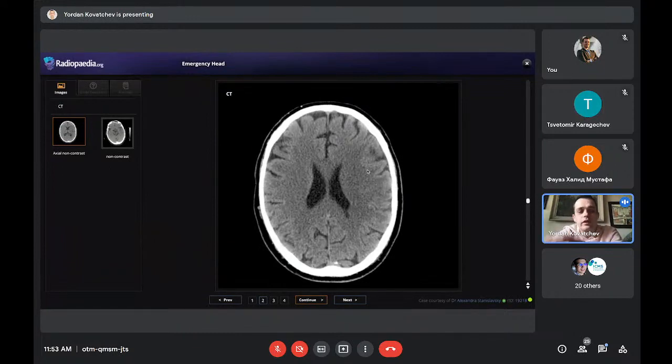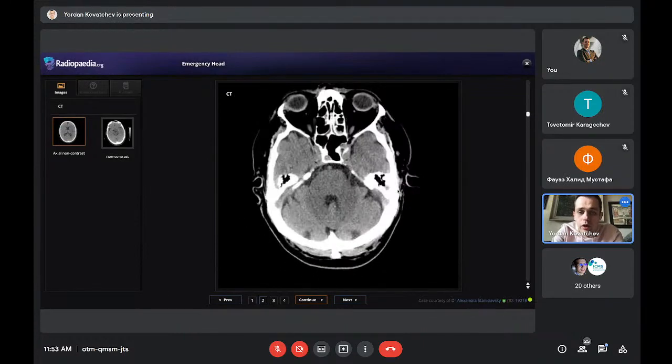This case, all the others are really interesting, but this case is an example of something that you can't miss. You have to notice it, because it's so important. It can make the difference between the patient almost fully recovering from a stroke and the patient being paralyzed for the rest of their life without being able to speak and so on.